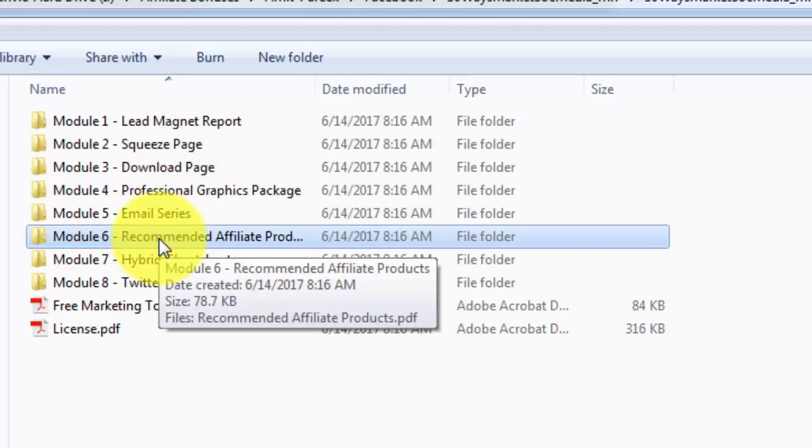People are going to open up different documents at different times. They're going to even send these documents in some cases to other people. You want to make sure that people are going into your marketing funnel. You don't want to direct them to affiliate links in every case. Sometimes it'll make sense, but in most cases, it's going to make sense that you direct people to an offer